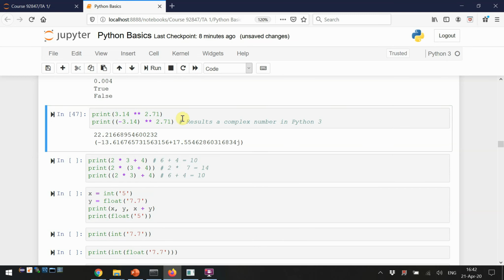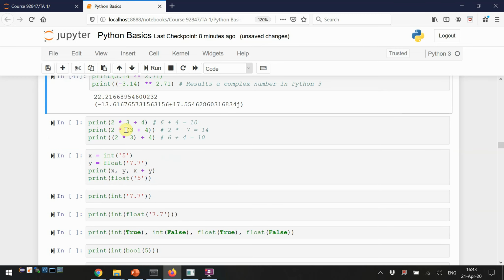And you can even calculate the powers of fractions. And again, even if the result is a complex number, then in Python 3, it will give you a complex number. Not very useful for biology, but just